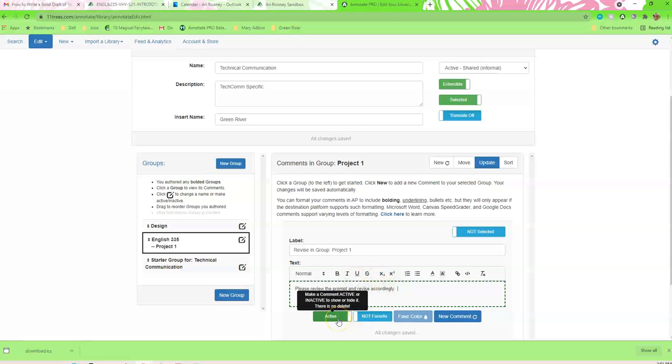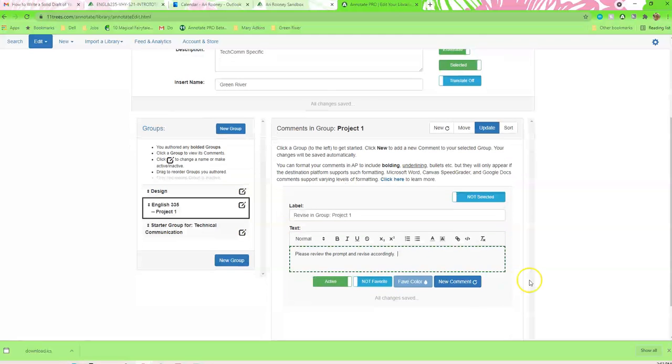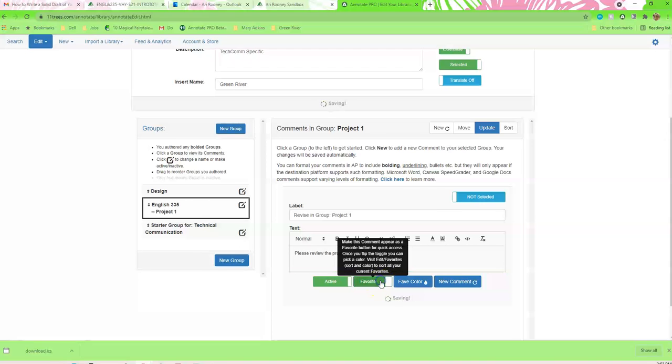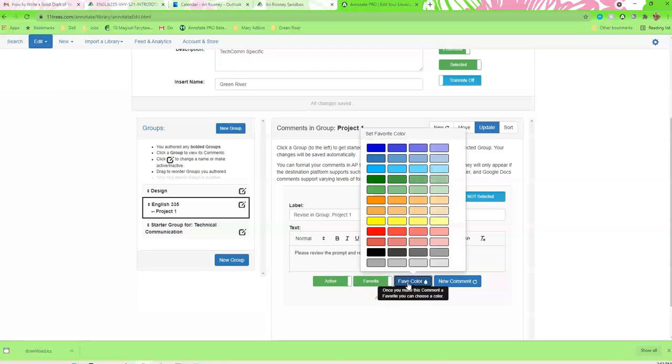And I want it to be active. You can make things a favorite if you want it to show up in Canvas. And I'll go back into Canvas and show you what that looks like. And let's say that I want this to be a favorite and I want it to be